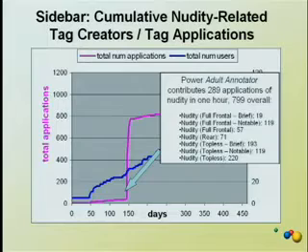So now we're going to jump to this big spike in the graph. One particular power adult annotator, a few months later, at 1 in the morning, decided to tag 300 different times with different versions of nudity tags. And this particular user was not satisfied with notable nudity, right? He or she wanted a much more refined set of categories for nudity. So here you can see what their categories were. And they ended up creating nearly 800 nudity tags over a span of about a few weeks, I think.